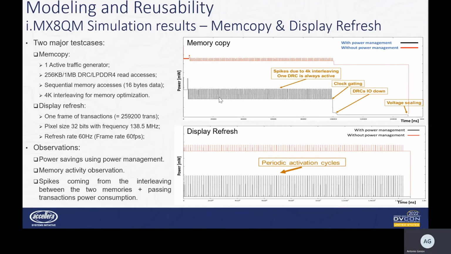In the upper figure, we show a comparison of a simulation with our circuit power management strategy and another with a not optimal power management. We can see that the power consumption is at least 2 or 3 times lower with the power management strategy, which just proves one of the interests to have this kind of power analysis at early stage of the design flow.